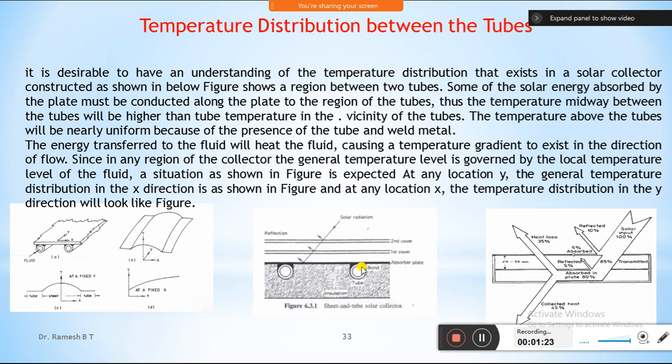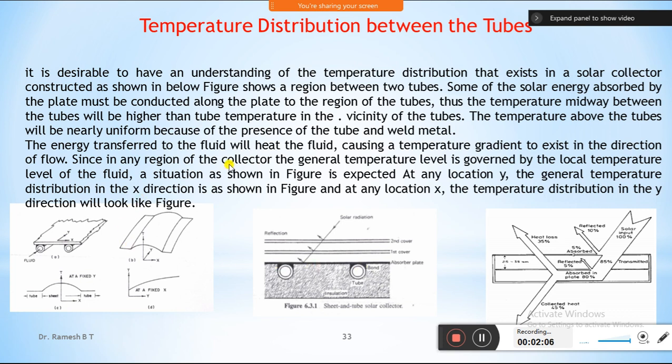So here we cannot calculate how much radiation is flowing through the cover, or how much energy is collected in the absorber plate, but we can easily find out the outcome at the fluid. The fluid flows inside the tube and passes along the absorber plate, and the absorber plate, because of the radiation, gains heat, and that heat slowly transfers to the fluid. At the exit we can measure the fluid temperature, and that temperature indicates how much heat is absorbed and how it is distributed.